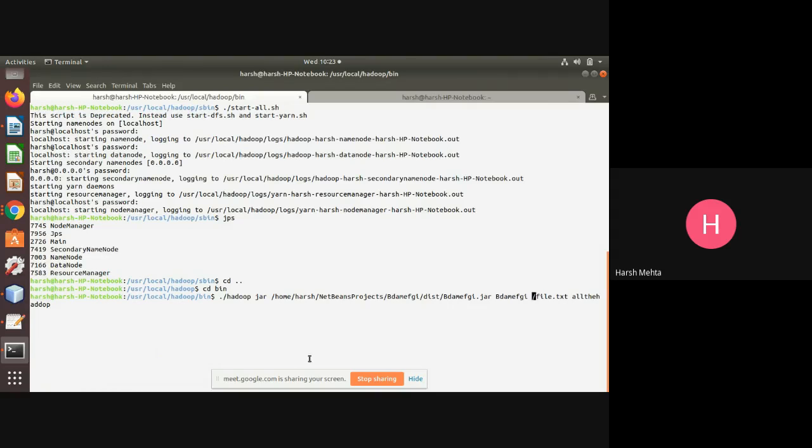So what am I supposed to do? I'm supposed to run on this file, and I need to define the output directory. It's in root. Last time we forgot the root. All the Hadoop, all partition. Let me give the file name as all partition. Okay, let me run this. Let's see, are we getting any error or not? Okay, it's running.